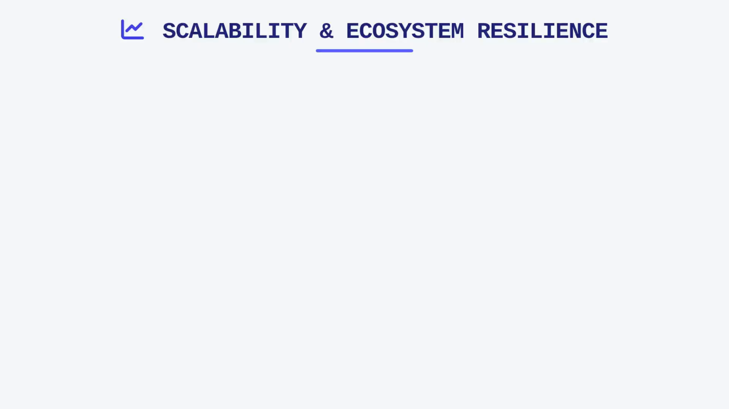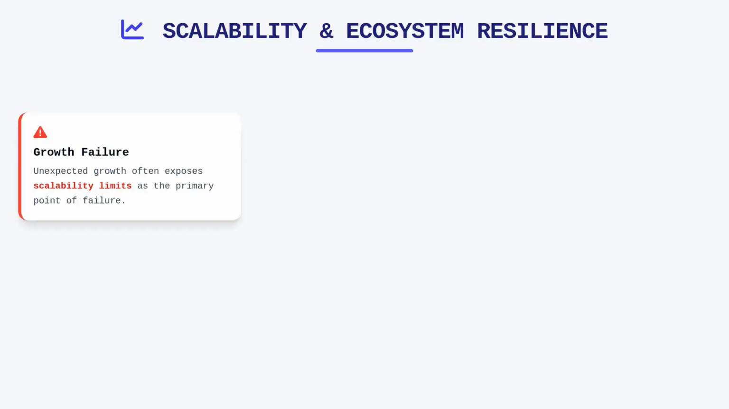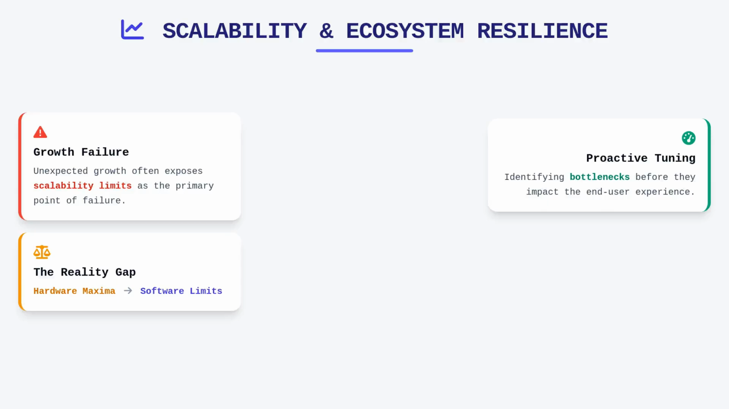Scalability limits often become the first point of failure when an ecosystem experiences unexpected growth. We must distinguish between the theoretical maximums provided by hardware specifications and the realistic limits imposed by our software-defined control mechanisms. Performance tuning becomes a proactive task rather than a reactive one, focusing on identifying bottlenecks before they impact end-user